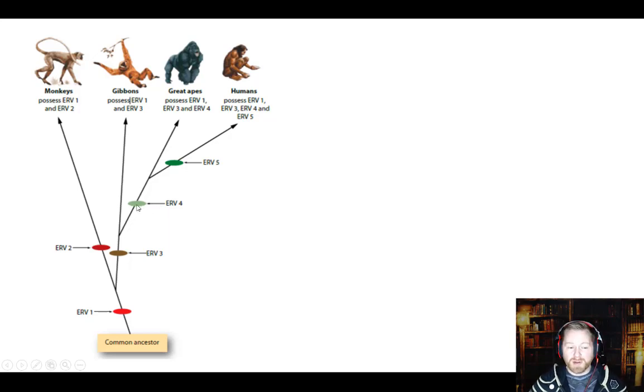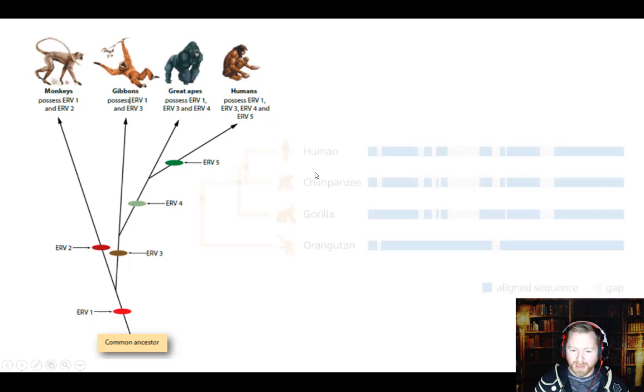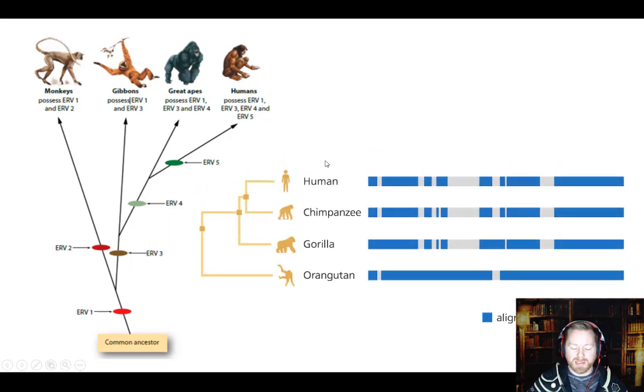Like with the ERV4, the great apes and the humans have that. And the ERV5 is only found in humans, but we possess the ERV5, the ERV4, the ERV3, and the ERV1. We do not possess the ERV2. That was in the ancestors of monkeys. Humans are a type of great ape. And so when we do our DNA comparisons, now, 20 years ago, this would have been very impossible to do,